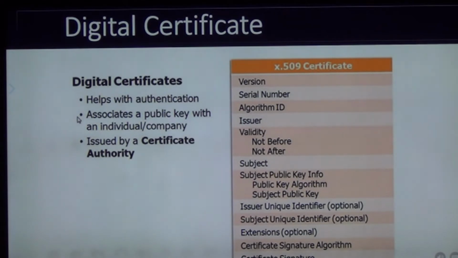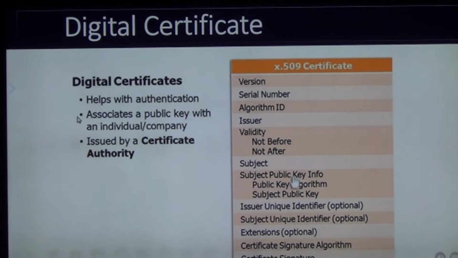So your question: what is there in a digital certificate? It has a standard called X.509. Standard requires कि जी वर्जन क्या है उस डिजिटल सर्टिफिकेट सॉफ्टवेयर की, सीरियल नंबर, एल्गोरिथम जो आईडी जनरेट करने के लिए वो कौन से हैं, इशूअर कौन है. This is important. The issuer is one of the few CAs you contacted, and who has issued you the certificate. Then there is a validity, okay, usually for 2 years. So it says not before this and not after this.